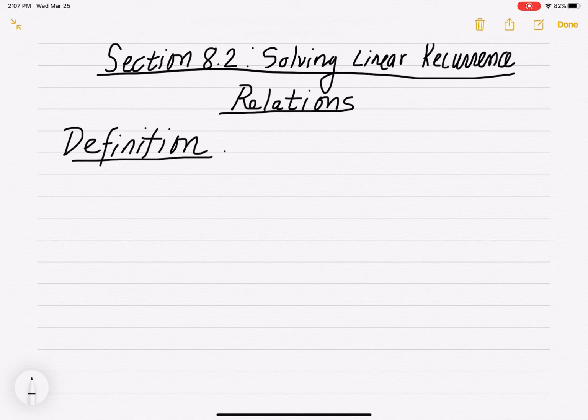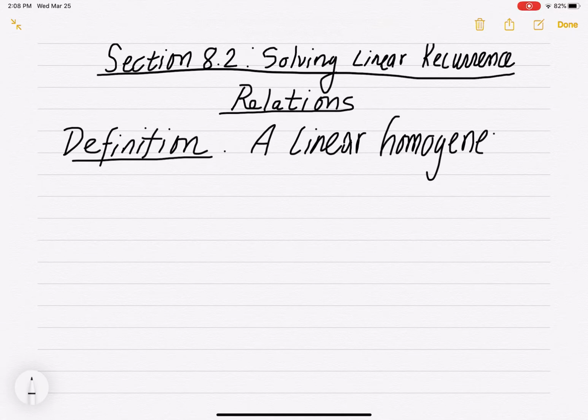So definition. A linear homogeneous. This is actually the British pronunciation right here. In the US, some people say homogeneous. In the UK, they say homogeneous. And many of my past faculty mentors were British, so I've always picked up saying homogeneous. So linear homogeneous recurrence